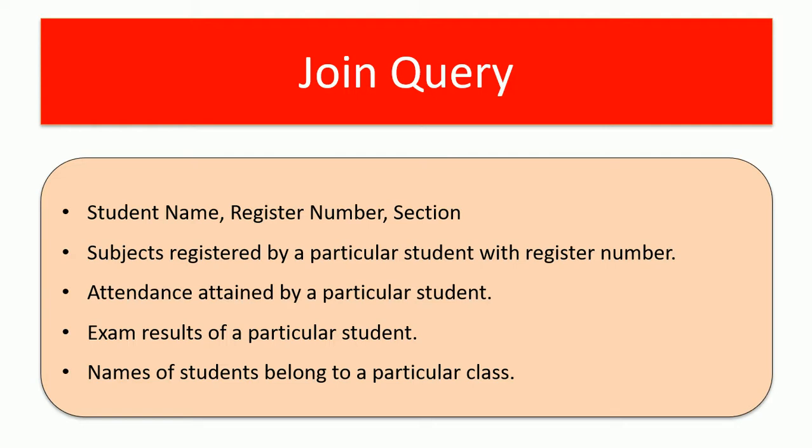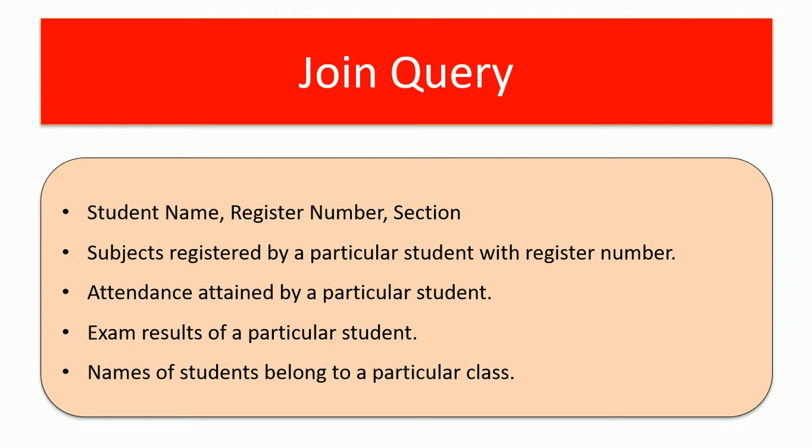So splitting the tables into separate small tables with related data, and optimizing the tables and joining the data from different tables whenever it is needed, that finally gives the optimized system, in this case an optimized student management system. So this is the place where the join query comes into the picture. When we need to join data from two tables, there comes the join query.